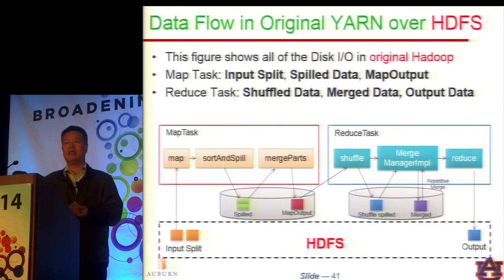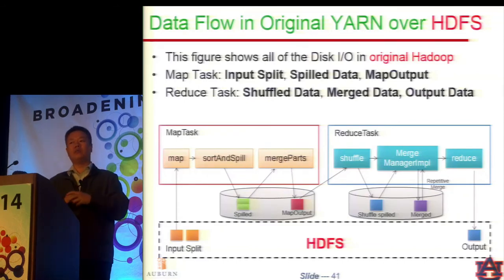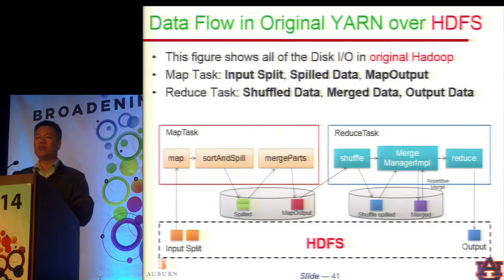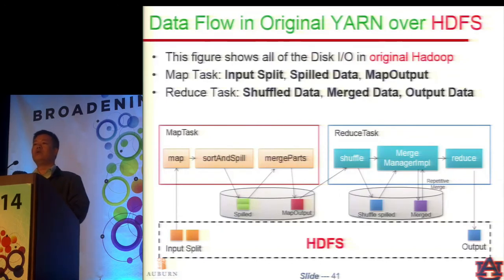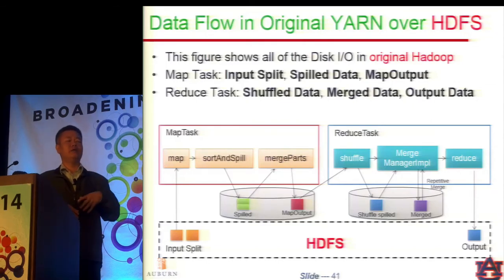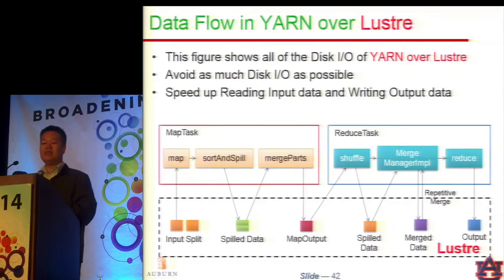When reduce tasks are launched, they will fetch data from the map output, and in between they also spill and merge, until all map output files are fetched and merged together. The reduce task will then go through a reduce function and store the final data into HDFS. So in the default case, when you run YARN on top of HDFS, you actually make use of both Hadoop Distributed File System as well as local disk. But in the Lustre environment, you no longer have that local disk in the picture.